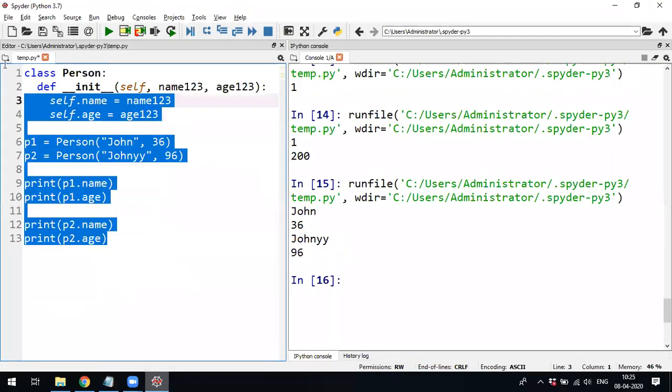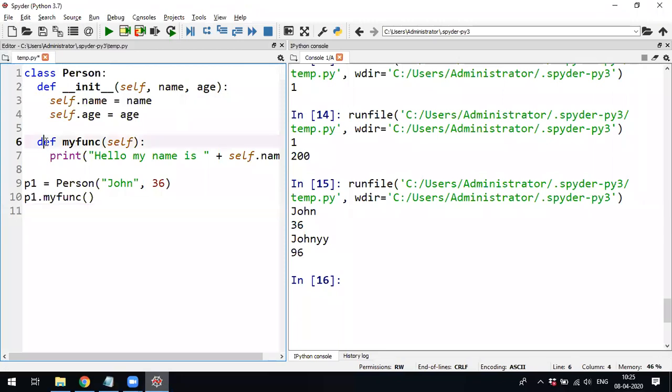For user-defined functions you already know the syntax, def, my function, the self keyword. See, this self keyword, you do not have to use the same name self. You can give your own name also. But the first variable is a reference to the current object. The name can be anything. It can be self, or self1, or your name. But that first parameter should be self, the current reference.